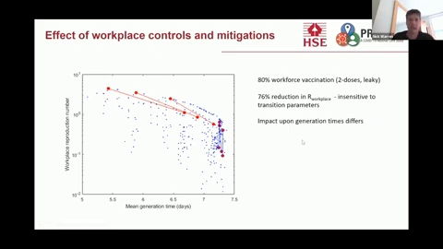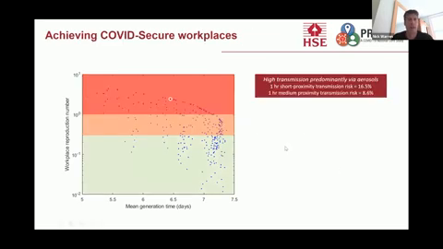And finally, we've got an example which is to do with workplace vaccination. So 2 doses, leaky assumption, and that's roughly comparable in terms of its impact to reducing the building occupancy to 30% on any one day. And so just to finish off, I was going to show some examples. So it's the same type of plot now, but I've coloured it according to some sort of